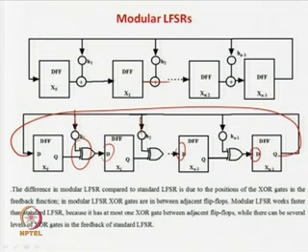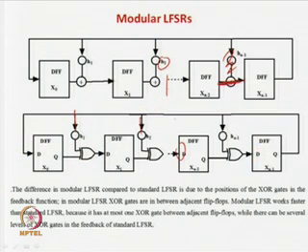Like in this case, if h minus 1 is equal to 0, then there will be a direct connection and this feedback will not be used. And if this h2 is 1, say, then this feedback will be used by the XOR gate, and only then it will be given as the input to the next flop. So, this is the basic architecture of the